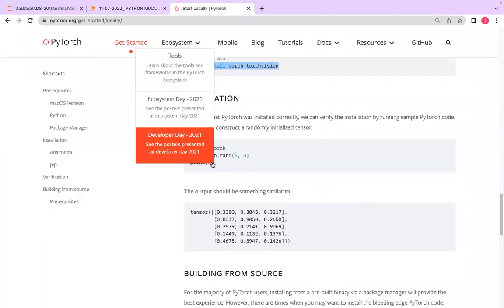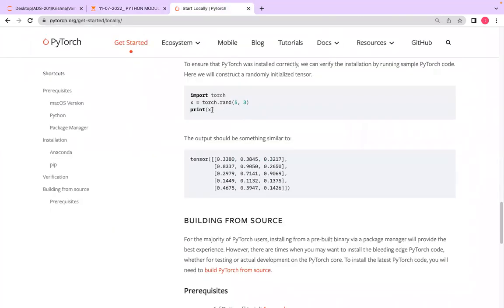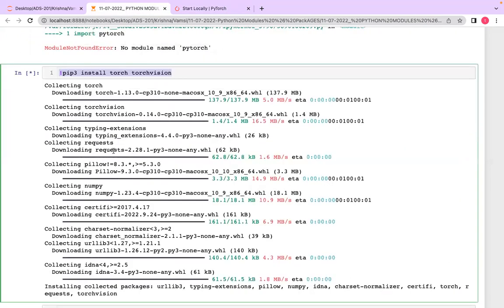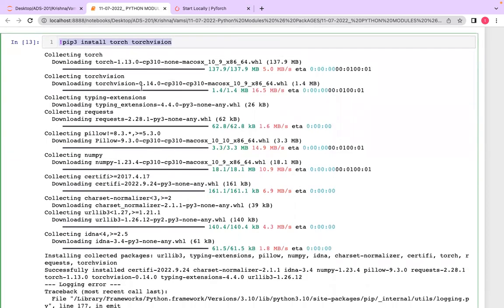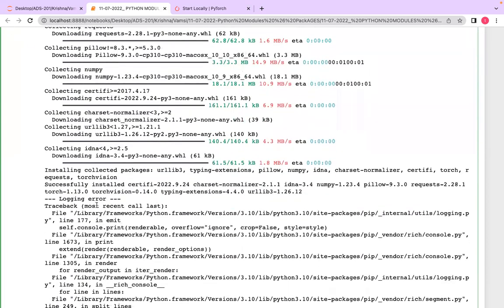Okay, so we have some code, right? We can try to execute this particular torch. Basically this is a deep learning package. Sometimes it might not be available in some IDEs, so that's the reason I used it. I tried to check whether that particular module is there or not. Hopefully it's not there. Okay, just now we installed it, right?